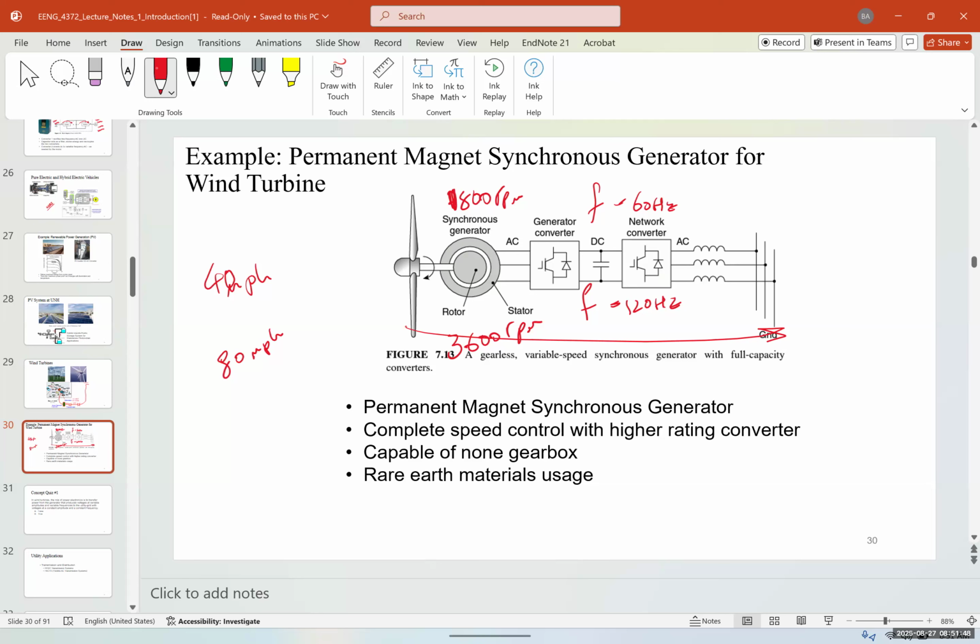I recommend that you take a wind class if you're very interested in this. We have a lot of different tools to match that voltage and current. The frequency is steady always, but if the wind blows too fast, we change the pitch and the yaw